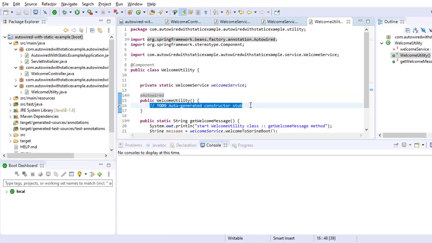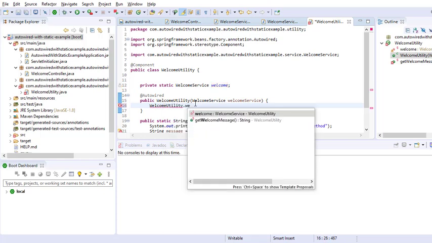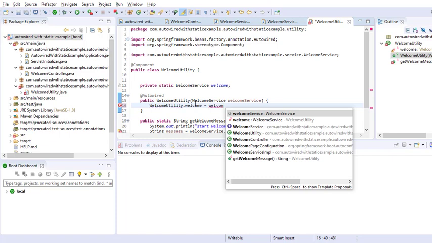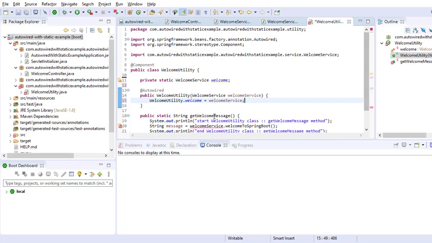Inside this constructor, simply pass the WelcomeService and name it as welcome. In this way you can inject through the constructor and simply call the service class method.